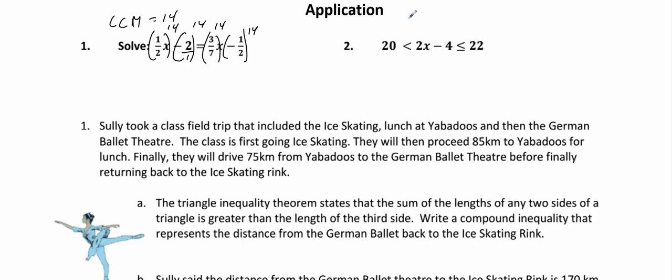This one here, I want to solve. This is what we call a compound inequality. Remember, we talked about that up in our actual lesson. I want to move the 4 over to this side and over to here, right? And I want to get rid of the 2 as well, to both sides there. And there we go. Again, the answers will be on the packet for questions 1 and 2 and anything else